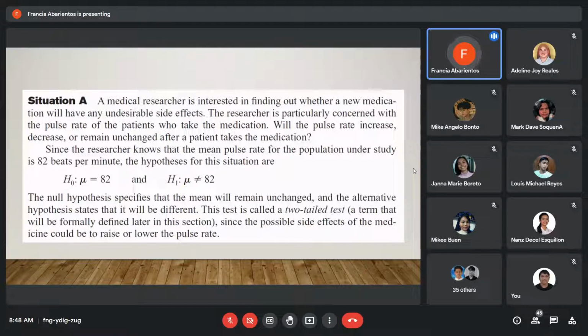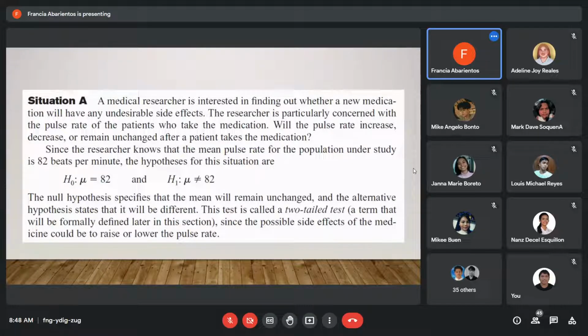For example, we have this. In situation 1, or the given situation, a medical researcher is interested in finding out whether a new medication will have any undesirable side effects. The researcher is particularly concerned with the pulse rate of the patients who take the medication. Will the pulse rate increase, decrease, or remain unchanged after a patient takes the medication? Okay. Take note, since the researcher knows the mean pulse for the population under the study, which is,